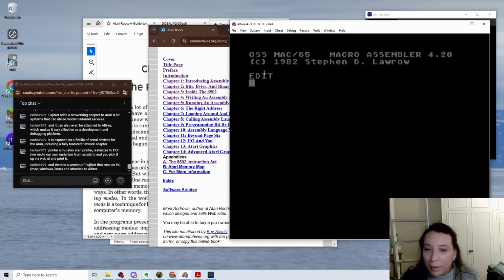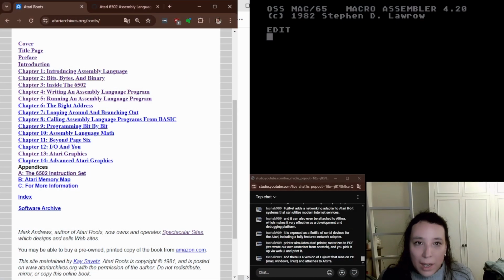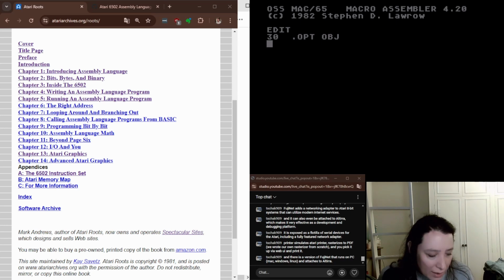And then we can rapidly type in our program, which was, let's try to do it out of memory, right? So we need to tell it that it should place the stuff into memory after it's compiled. We have to give it where it's going to start in memory, which is page 6 or object memory 600. Then I think after this, we probably add our label, add numbers, and we want to clear the decimal